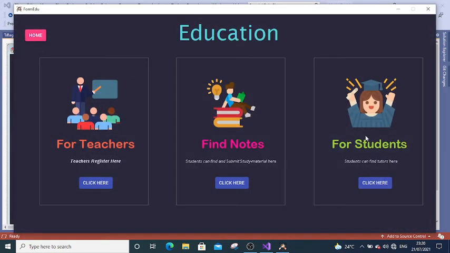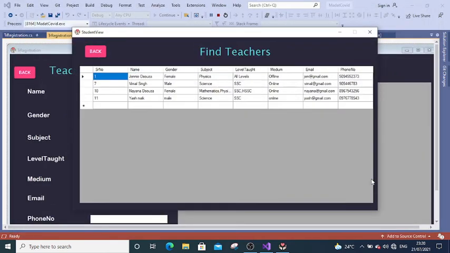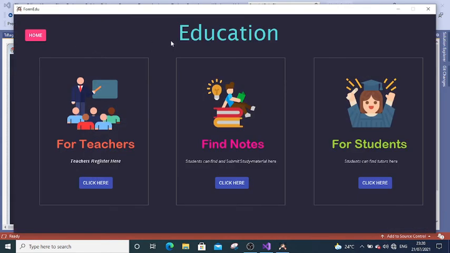Now for the student section, here students will find their teachers. Let us say one person wants a science tutor. Then he will see the subject science. He will see the level, and then he may contact the teacher who is interested, get to know the additional details, the fees and all. This is how Madad will help teachers connect to students.